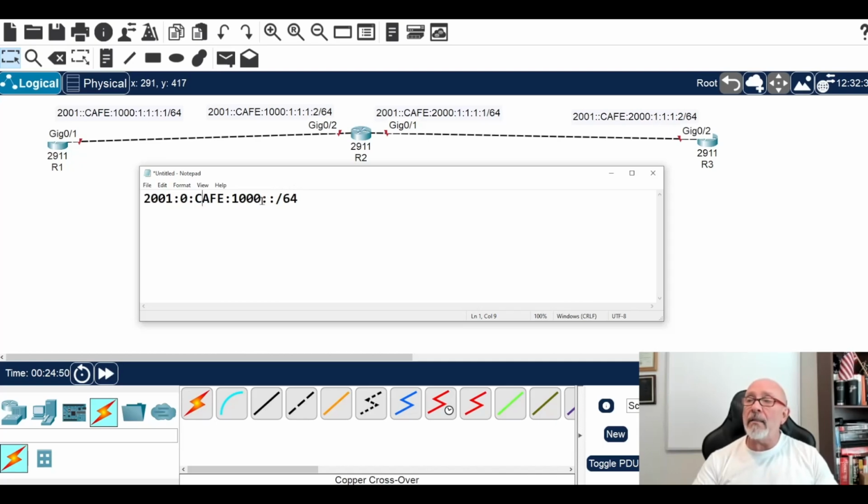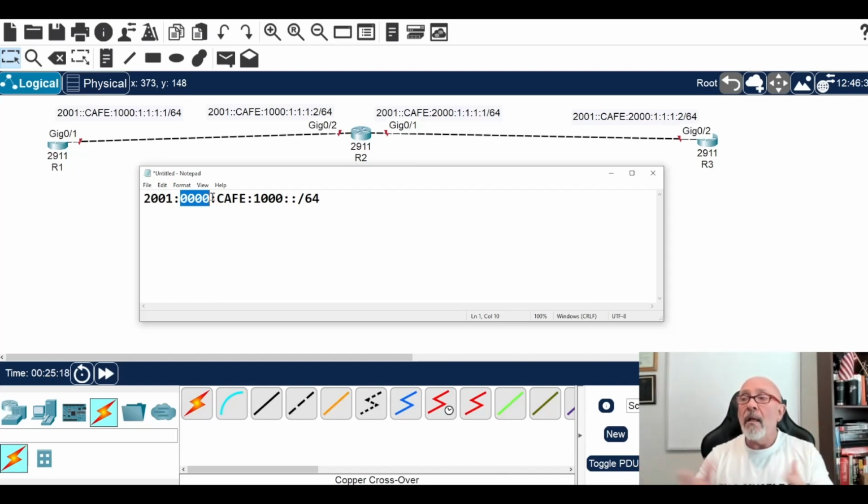This is just stating the network that it's in, period. Because remember, this is a representation of your ISP. Now, the rules state that you cannot have two double colons because the IPv6 protocol does not know where to put the zero.